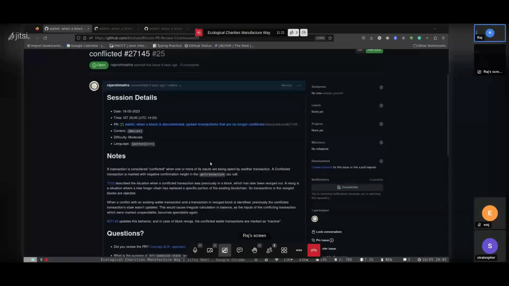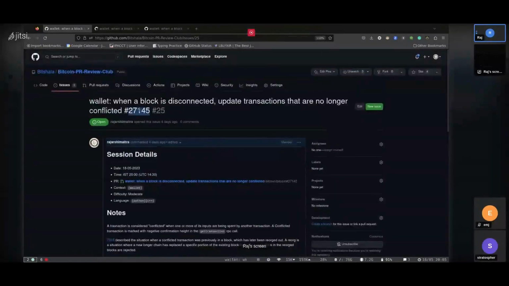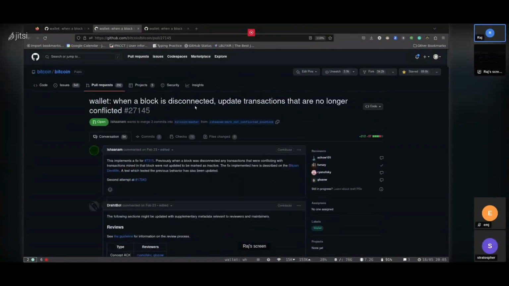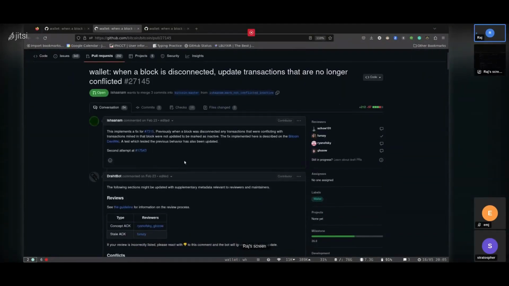And today we are reviewing PR number 27145, which is a wallet based PR, and it basically adds some extra behavior on the wallet regarding conflicting transactions, right? And so what this PR does is, the description is quite small, and it basically says what it does is,